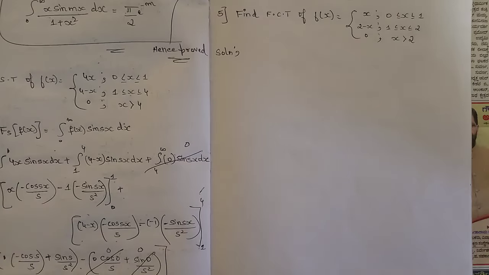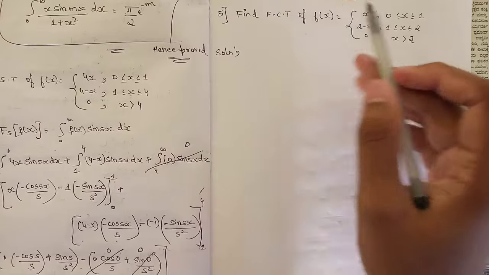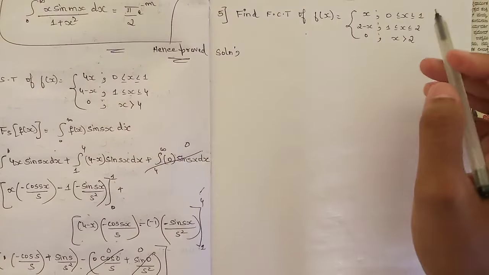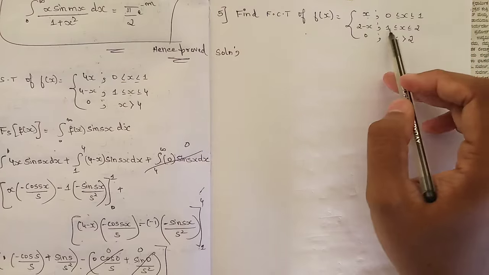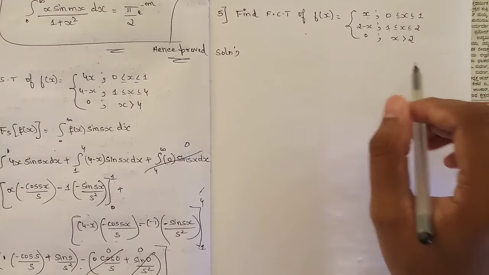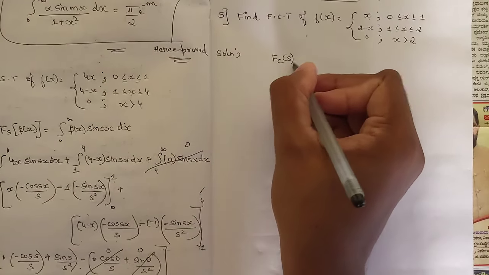So this is the next question, that is we need to find the Fourier cosine transform of f of x. The same way we have 3 set of values for f of x, that is f of x is x when x lies between 0 to 1, and it is 2 minus x when x is between 1 to 2, and it is 0 when x is greater than 2, okay? So Fc of s is given as